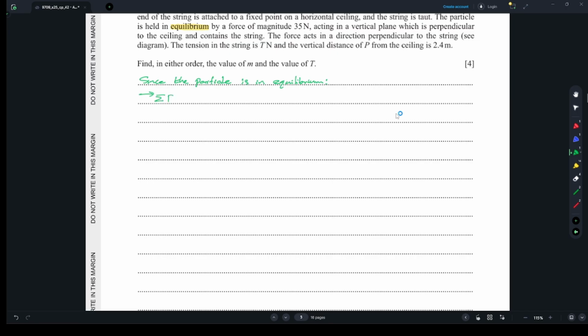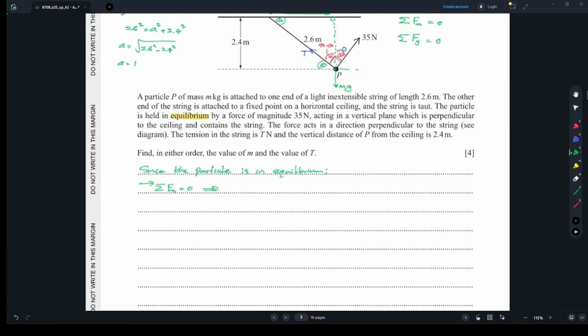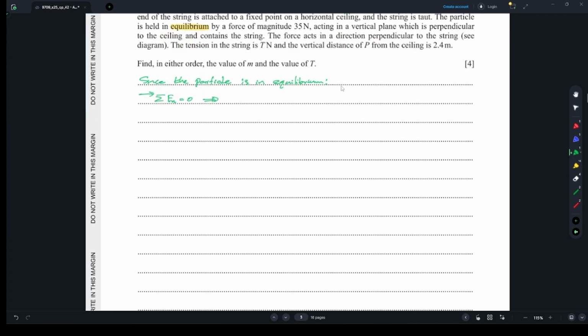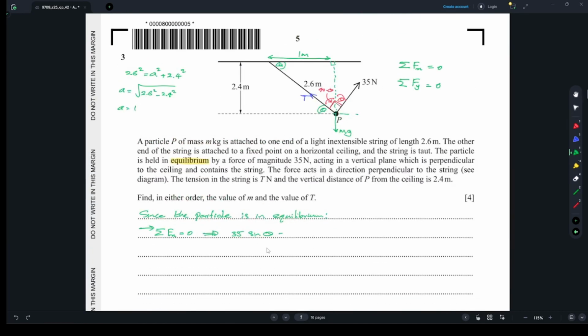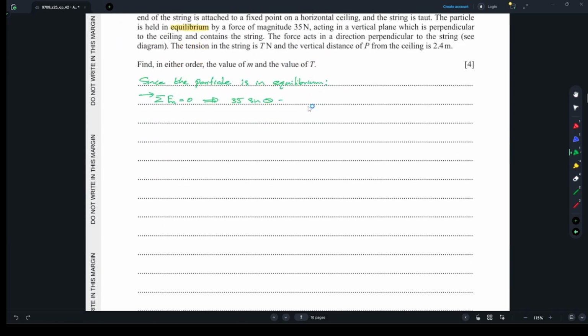The sum of all the forces in the x direction is 0. So with this one, we can write the horizontal component of 35. This angle is theta, so I can write 35 sine theta. And the other force is to the opposite side, so minus T cos theta